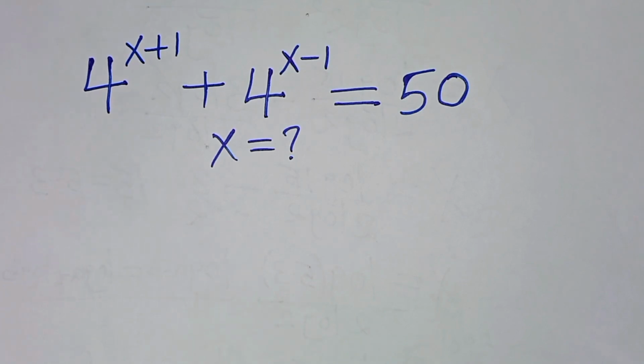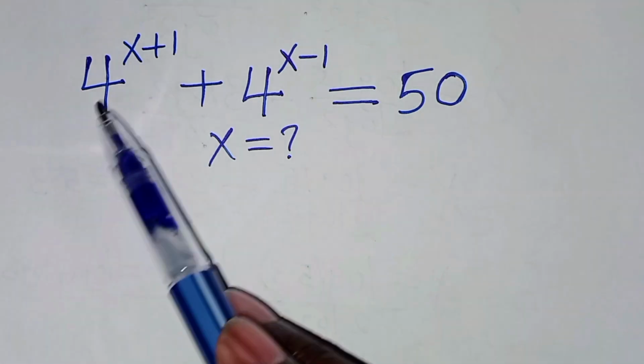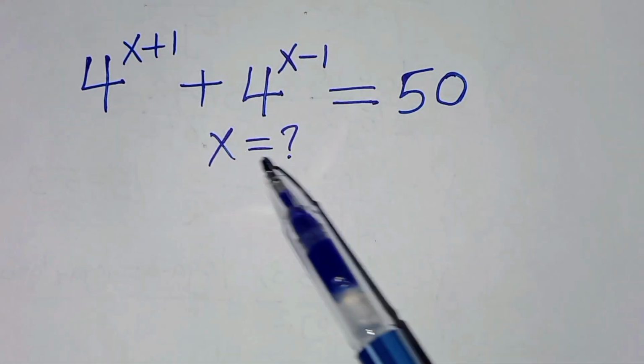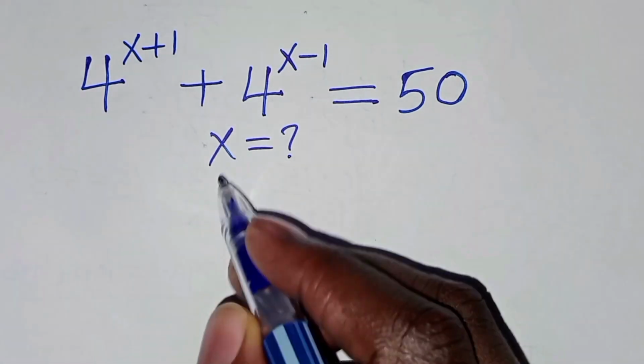Hello everyone, you're welcome to solve this nice exponential equation, which is 4 to the power x plus 1 plus 4 to the power x minus 1. This is equal to 50. So what is the value of x? Now, solution from here,